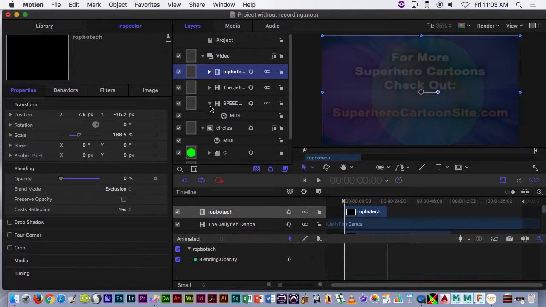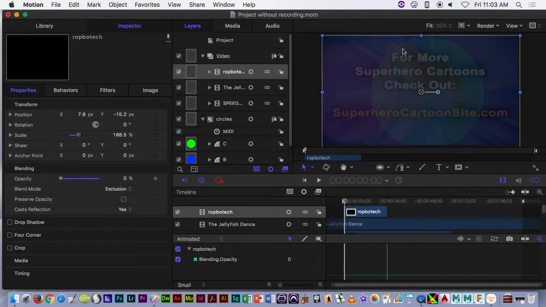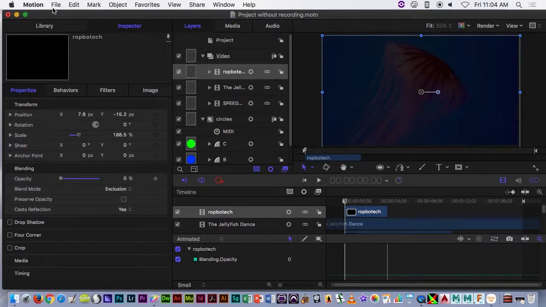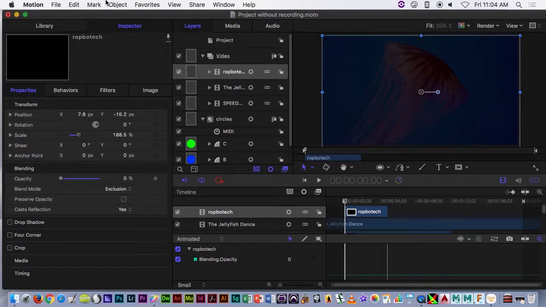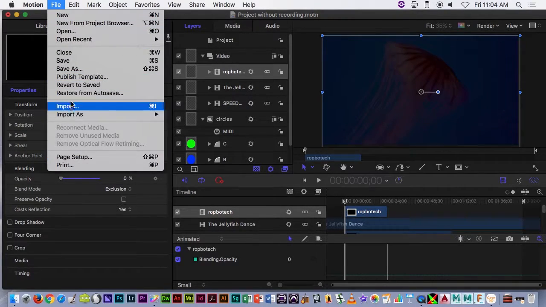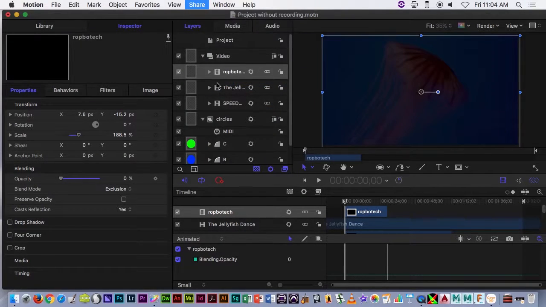But if you're happy with what you've got and you're ready to export this as a finished video, you can kind of see the animations happening here. You can go to File, you can kind of see the animation there. Go to File, or go to Share, Export Movie,